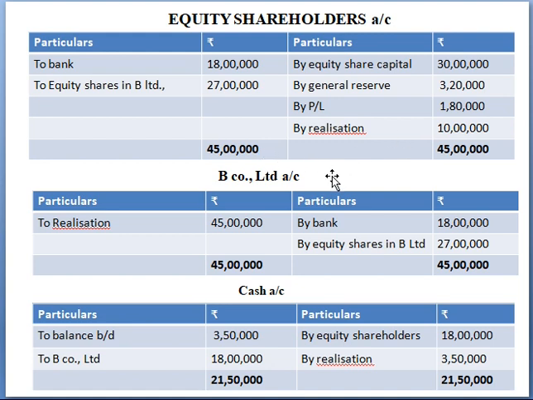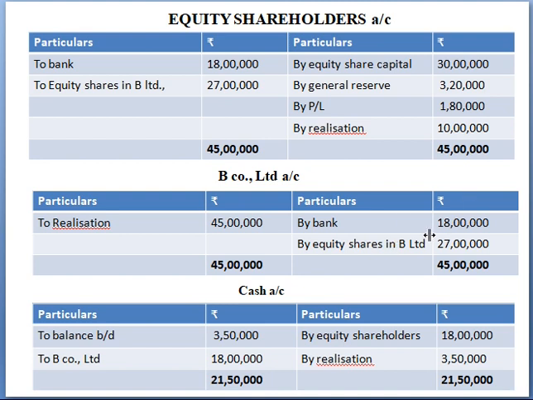Okay. Next is the purchasing company account. Even the company comes under the personal account. Debit the receiver, credit the giver. So what does this new company give? The new company gives the amount and equity. So the amount is your cash, that is your bank account: by bank 18 lakhs and the remaining 27 lakhs is through equity shares, by equity shares account. This is the credit, the giver.